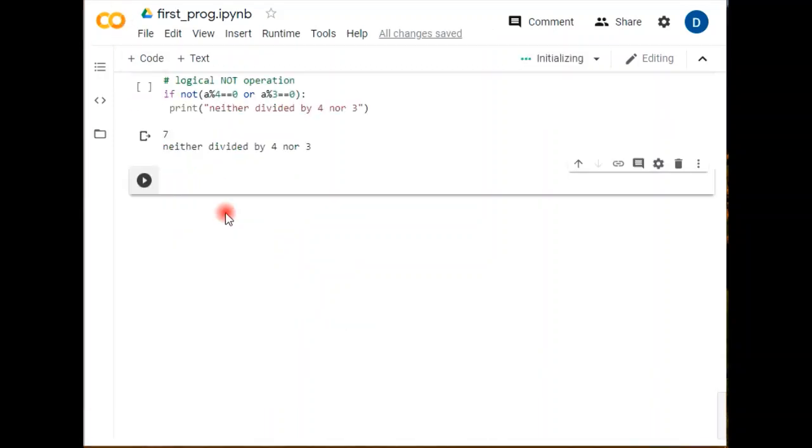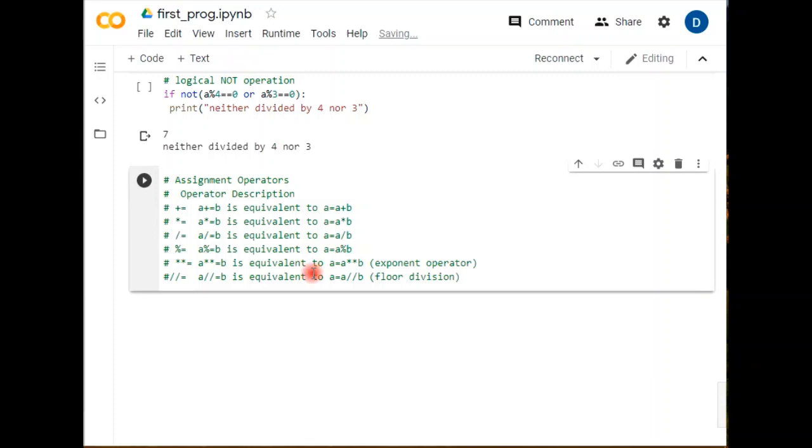Now we have Python assignment operators. So let's see what the assignment operators are. The assignment operators are plus equal to, asterisk equal to, division equal to, percent modulus equal to, double star equal to, and double division equal to. These are basically the operators. I'm just typing them here for your convenience.